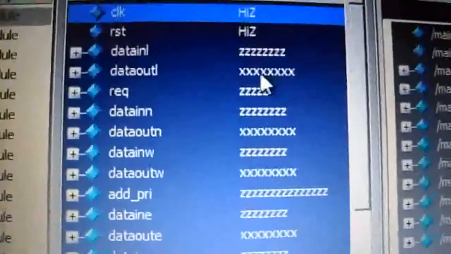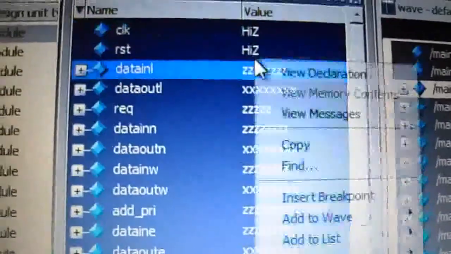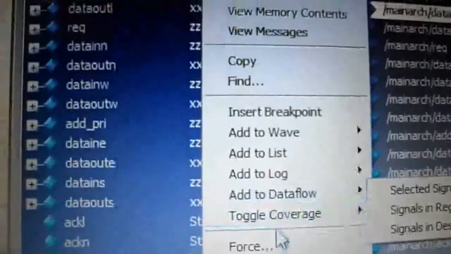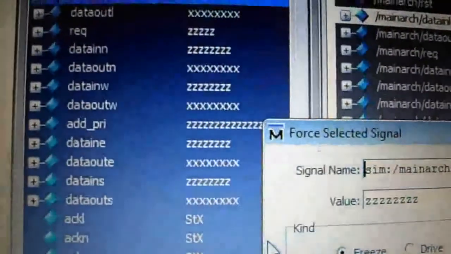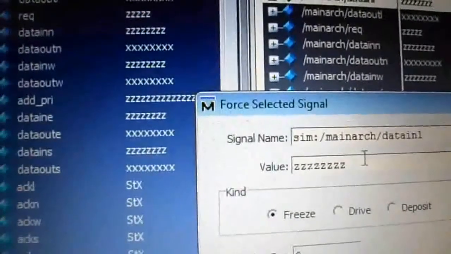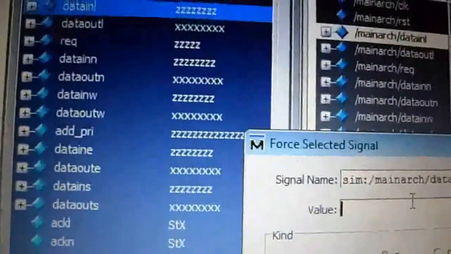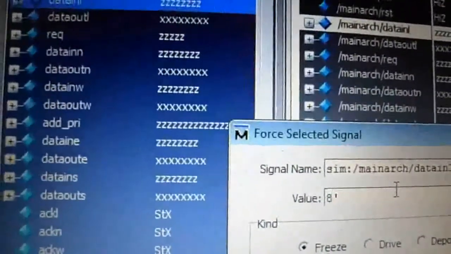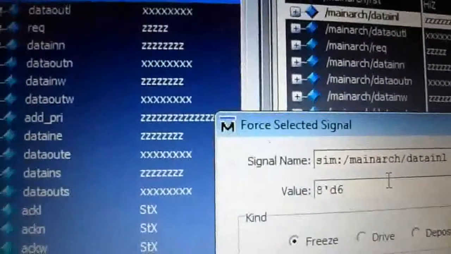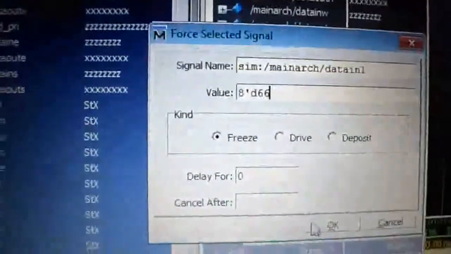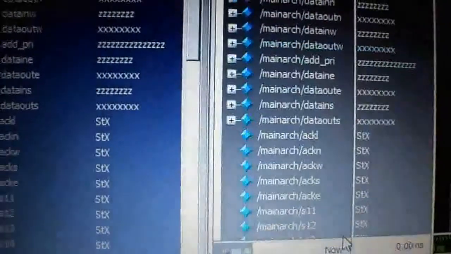Now data to north port is selected. After giving input, click on the OK option.